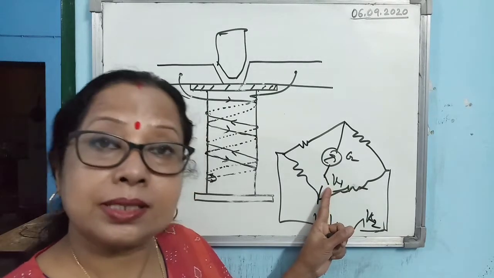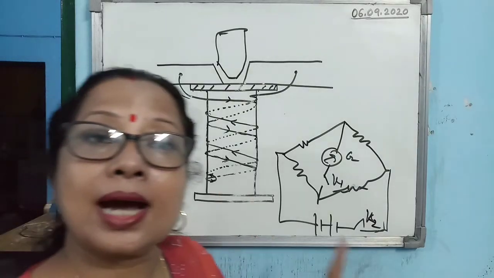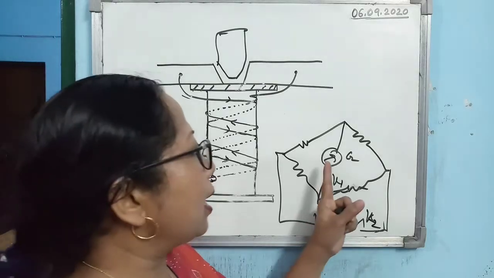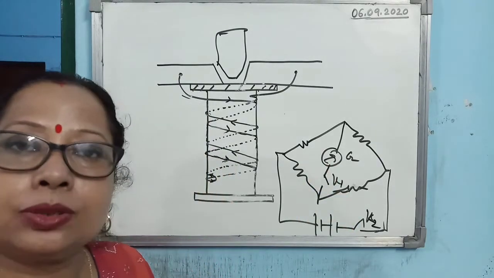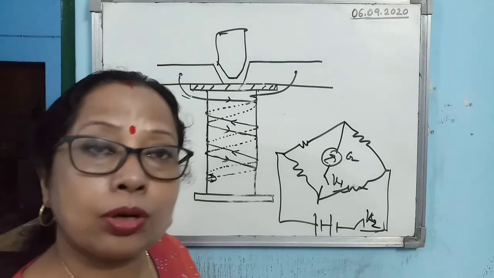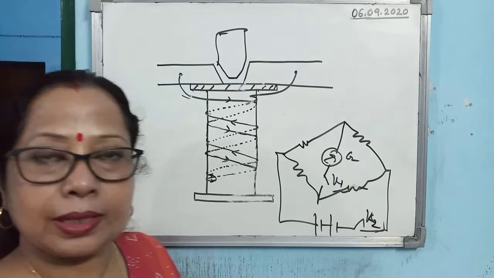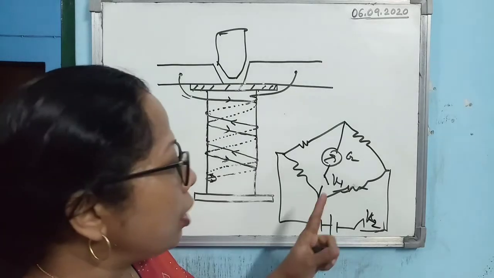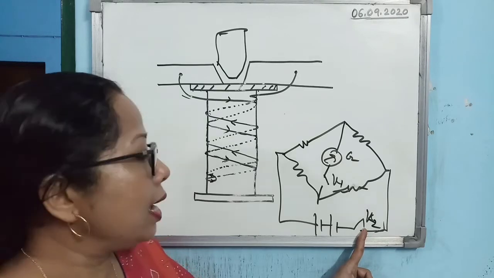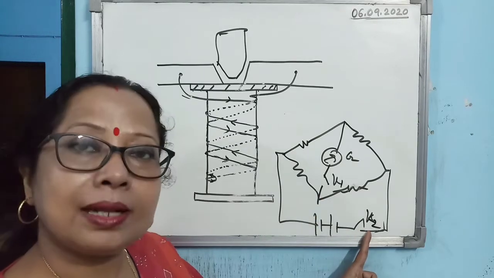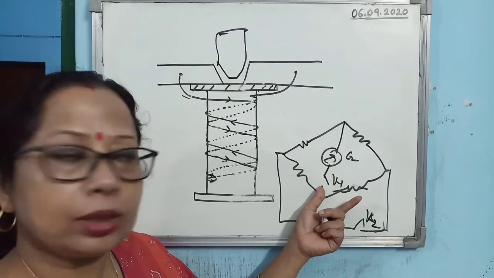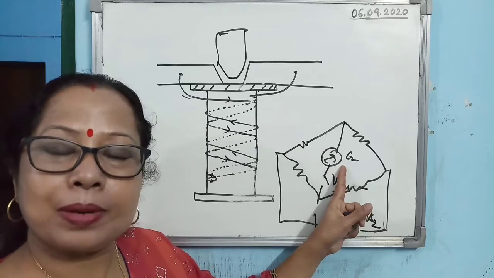Otherwise, what will happen? Self-induction will take place, and it will be difficult to get the null point in the galvanometer due to induction, because when an induced EMF is there, it will oppose the cause. Now why do we do this? When you press K2 first, the current will grow in the circuit and attain the maximum value. Then after that you press K1. So there will be no induction taking place in G.